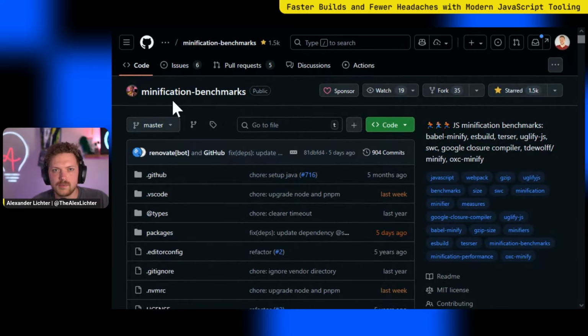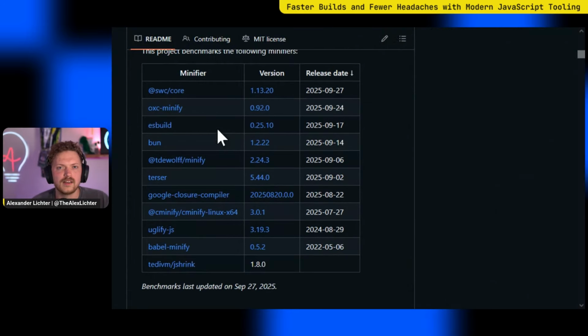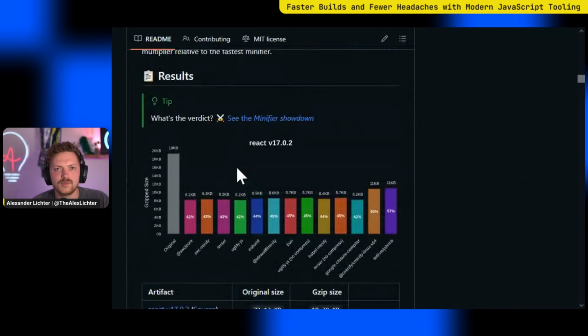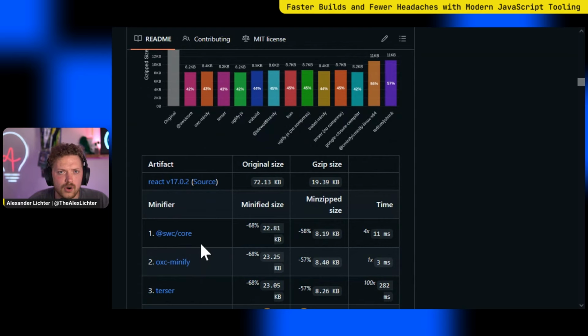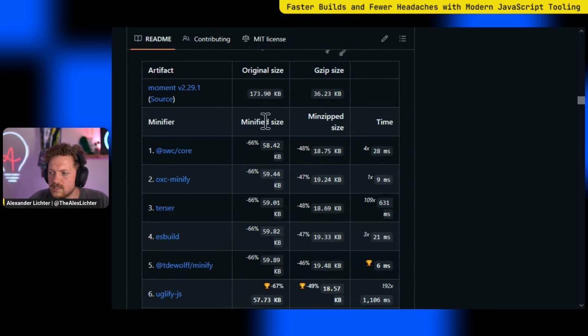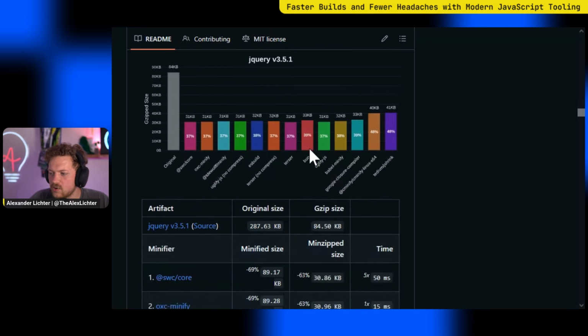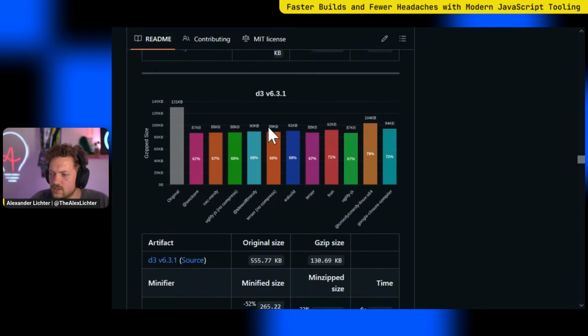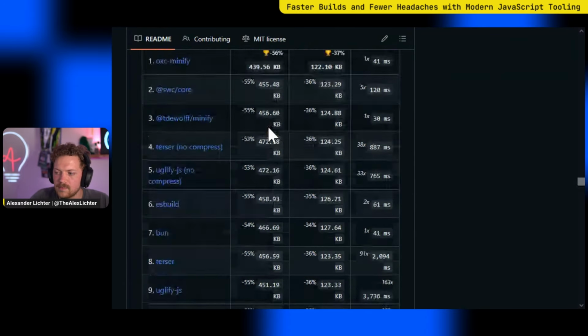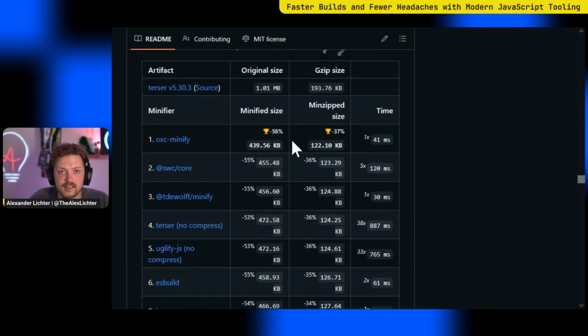It's from a private number, the minification benchmark. And here we see what has been benched. This is also automatically updated, and we have a couple of results. So for example, here we see, okay, all right, React, for example, SWC is leading, then OXC minify is the top. This is also weighted based on time and the minified size eventually. And we see OXC minify often in second and also sometimes in first place. It really depends on the actual files that are minified, because some have different code, obviously, and then different strategies can be applied. So this is definitely worth taking a look, and it's always a bit in flux there.